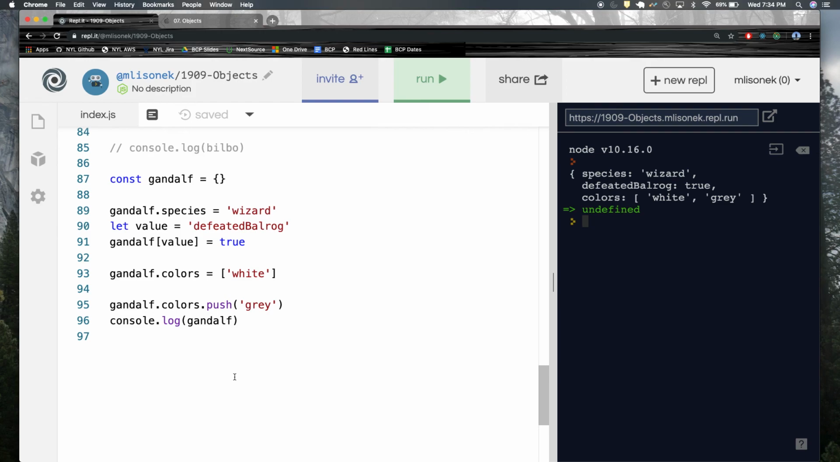And then, on line 95, we say Gandalf.colors. What is Gandalf.colors? Gandalf.colors is an array with white. It's that array. .push, gray. So we have white and gray in this array, which is the value of the key colors. Any questions? Okay, so